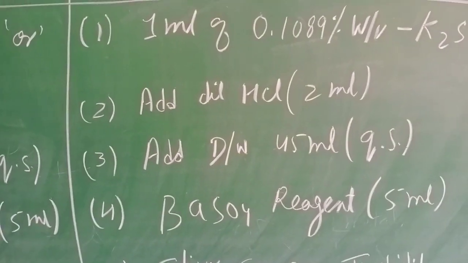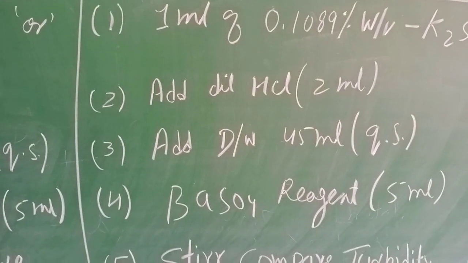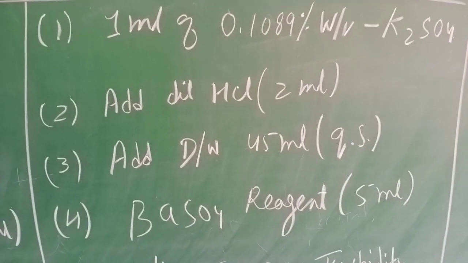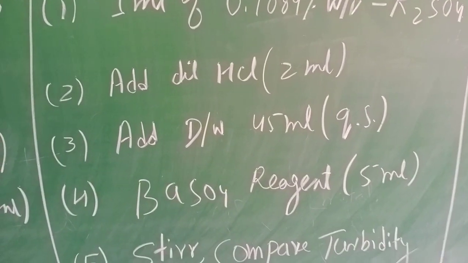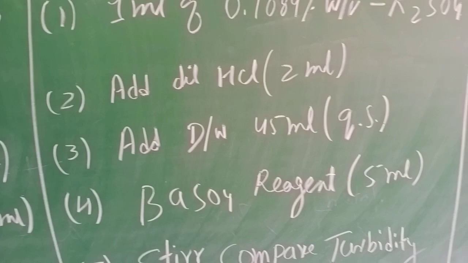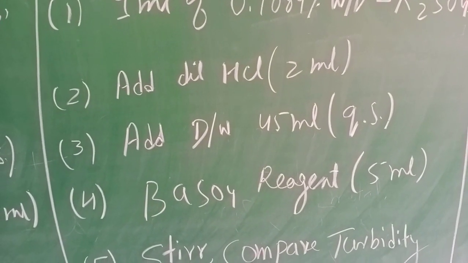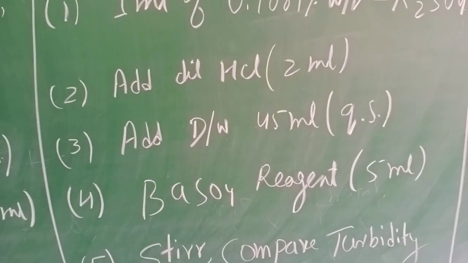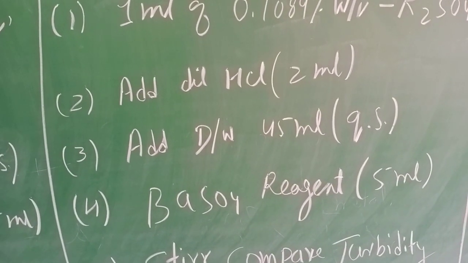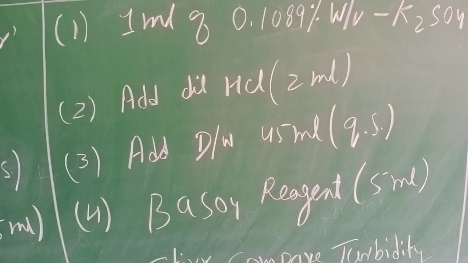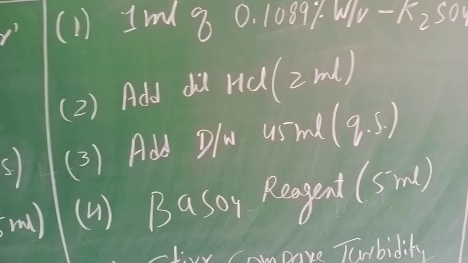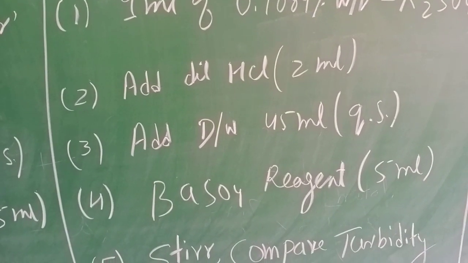And once we are done with step 2, distilled water, quantity sufficient to 45 ml, has to be added to the Nessler's cylinder. Now again,